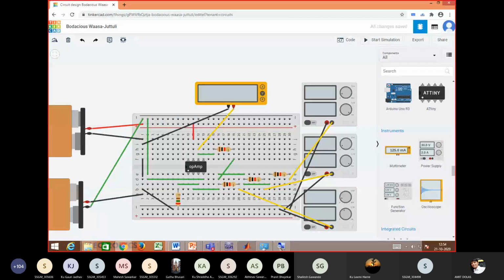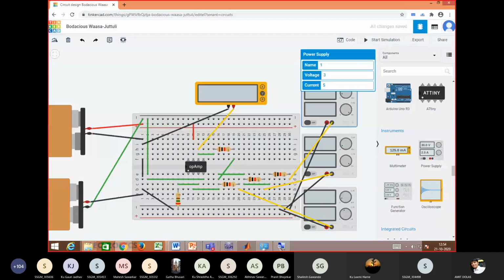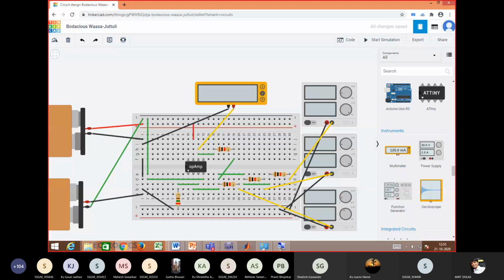So one practice we will do here, and later on I'll stop this lecture. What I do now, I am using V1 as say 4 volt, then V2 is say 4 volt, and V3 is also 4 volt. Now can anybody tell me what will be the output before I start the simulation? V1 is 4, V2 is 4, and V3 is also 4. I am expecting an answer from your side.